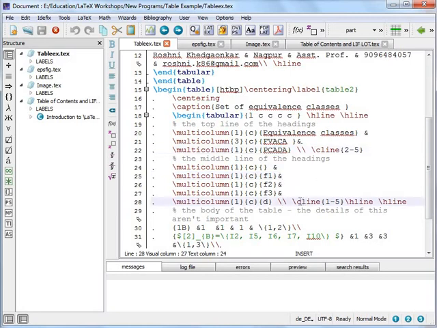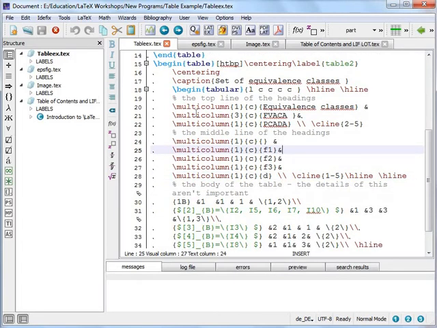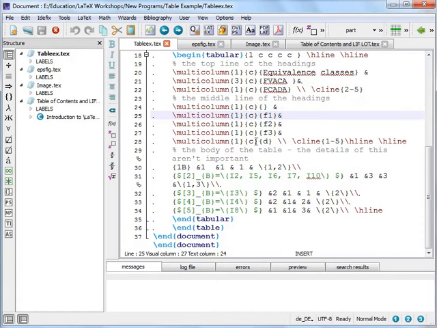Then again we'll be creating a cline that will go from the first column to the fifth column, and then there should be 2 horizontal lines, right? Then this is about the heading of the table, that is the main title, what are the column names, and then we'll be adding the text over here. So the first text will be 1B, then ampersand, the second column will consist of 1, third column will consist of 1 and 1, and so on. So we'll be adding this text.